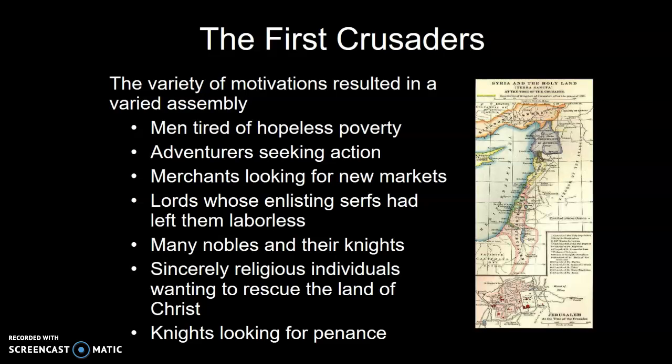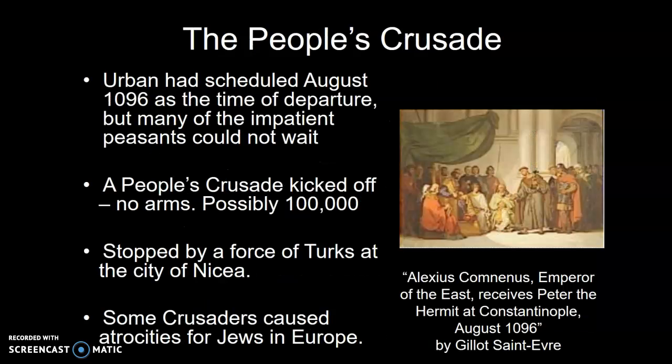You also get merchants, you get adventurers, people who are seeking something that Pope Urban refers to, historians argue, something called a plenary indulgence, this idea that sins can be forgiven. People can actually even skip out on this like middle level heaven thing called purgatory and actually have sins forgiven. And for some knights that are seen to be fairly violent people, this is very tempting to want to have a plenary indulgence.